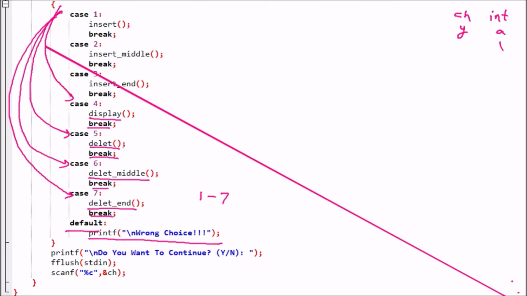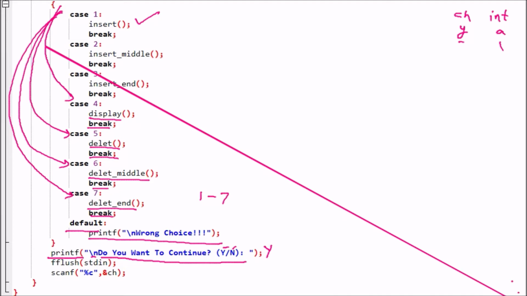Now this was the switch case. After the case, if any of the functions is called, like the insert at the beginning function, and operations are performed, afterward a message will be given to the user on the screen. Printf means printing on the screen, \n for the new line. Do you want to continue? The user has to press Y or N. If the user says Y, we know that earlier we said for the small y or the capital Y, the loop is going to run.